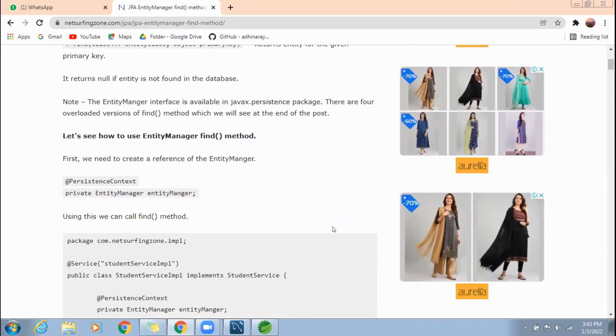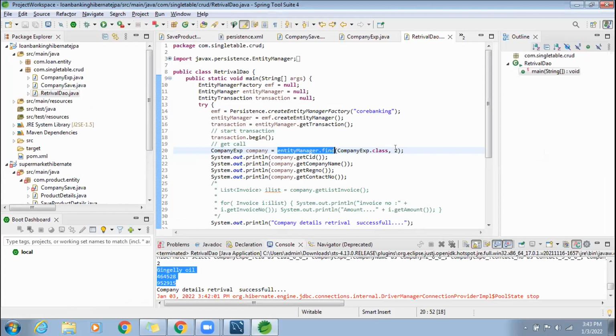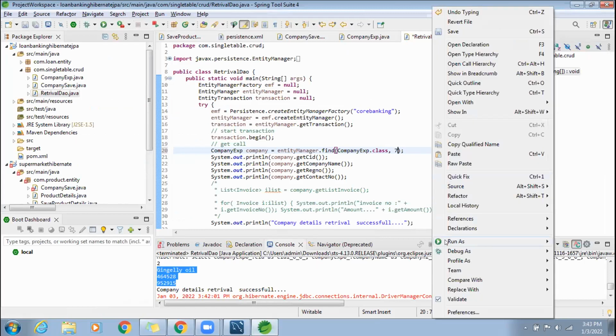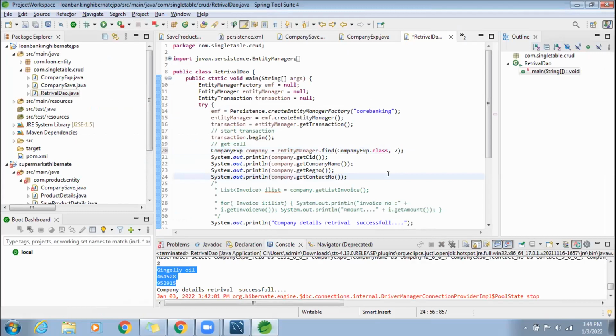Anyway, can you go and give a value in your project which is not available in the database? Use 7. Run and see what error you will get. Wait. Can you all see? That's why they ask what exception handling is. In the 20th line, it will pull null, it will give you a null value, and then you will get a null pointer exception. Can you run this one?